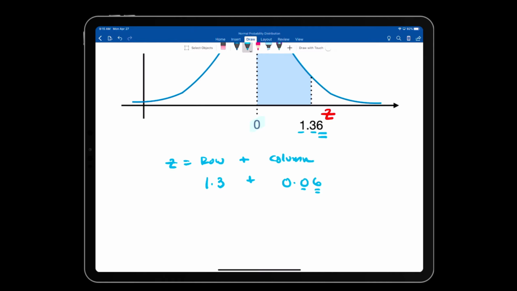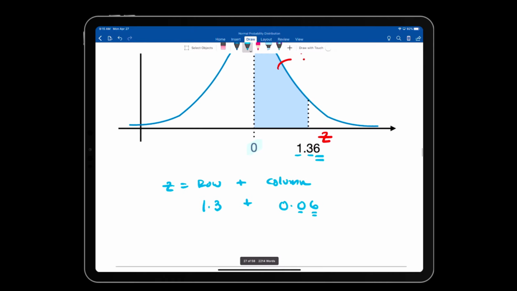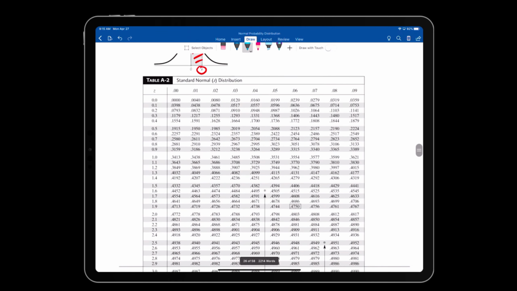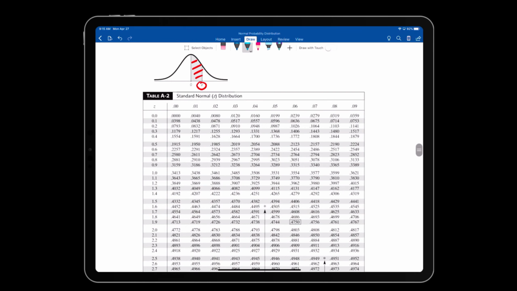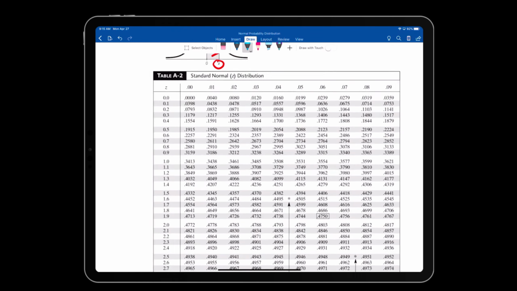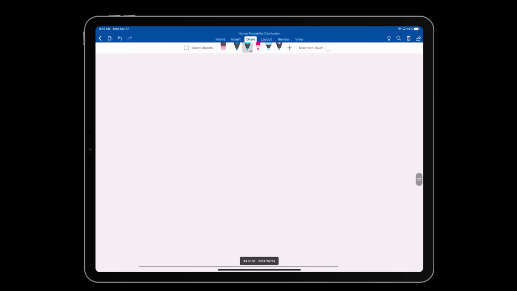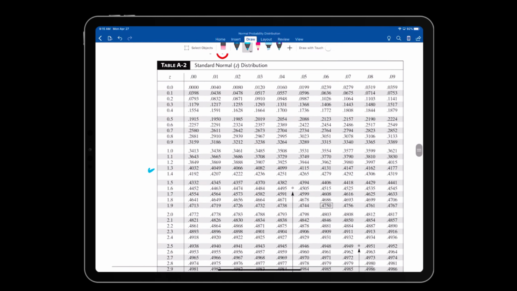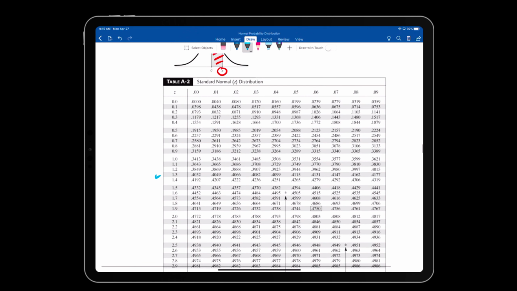All right, just kind of get things straightened away. Okay, now you might say, but Mr. Judge, how do I do this? Here's what you guys do with this table. I look for the 1.3 row. You say, where is that? That's right here. So here's a 1.3 row. And then I have to look for the 0.06 column. So you say, where's that? That's right here. So the 1.3 row with the 0.06 column, because my Z value is